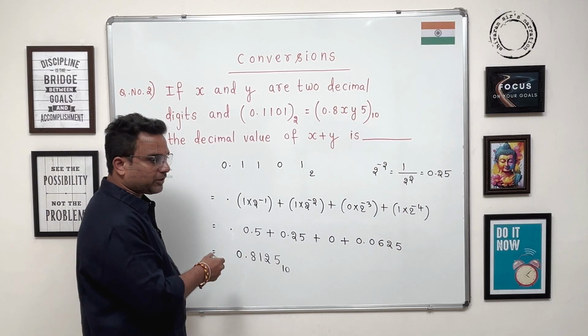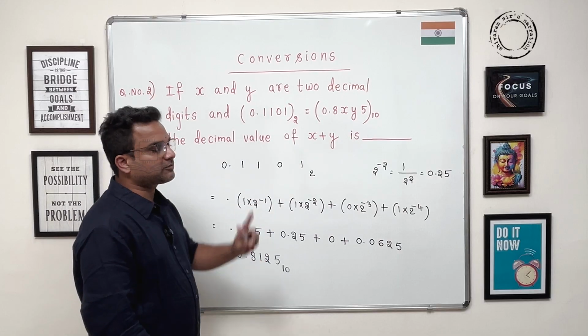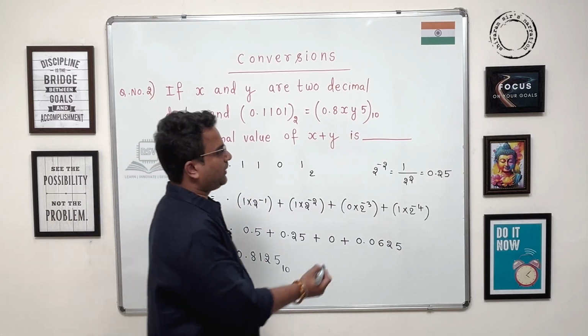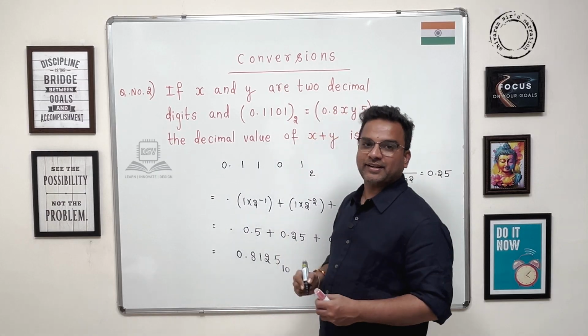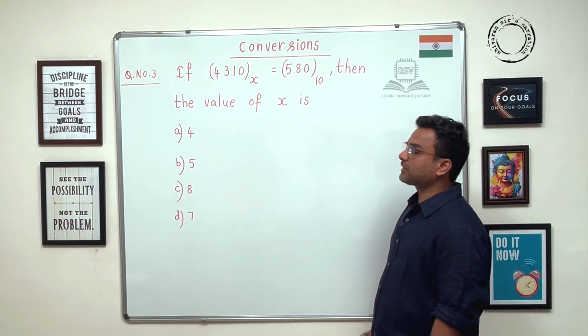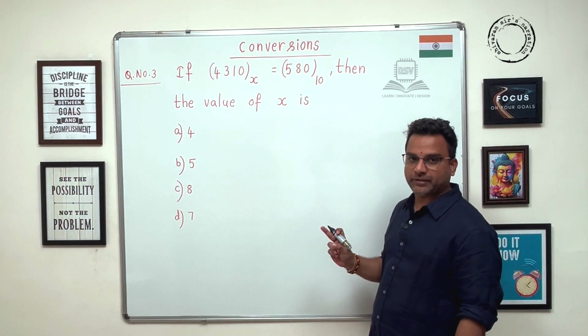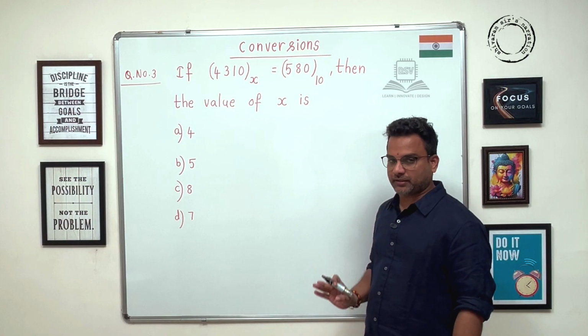So that x value will be 1, y value will be 2. Now x plus y is 1 plus 2, which is 3. So guys, here the right answer is 3. Let's see another example. If 4310 base x is equal to 580 base 10, then the value of x is,